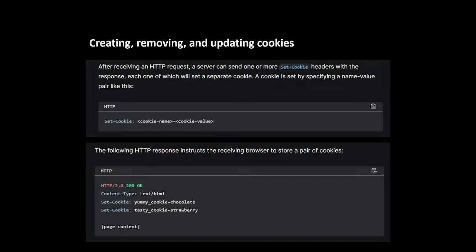So the next topic, which is the most important topic of cookies, is how we can set these cookies and how they work. Let's understand some basics of this concept: how we can create, remove and update these cookies. After receiving an HTTP request, a server can send one or more Set-Cookie headers with the response, each one of